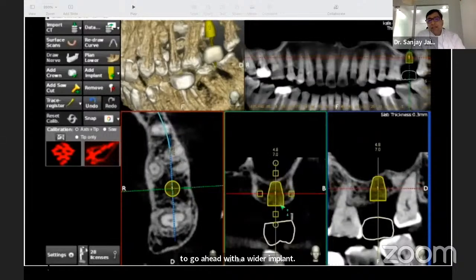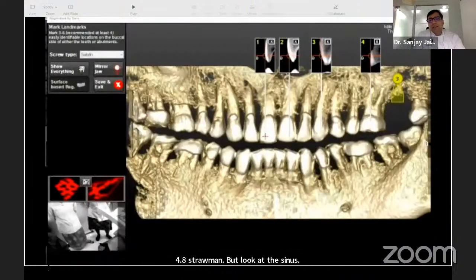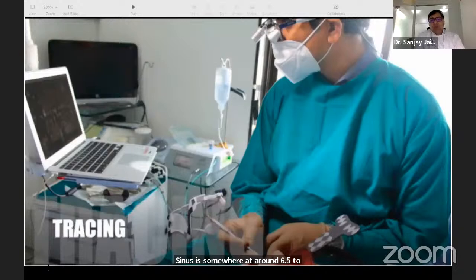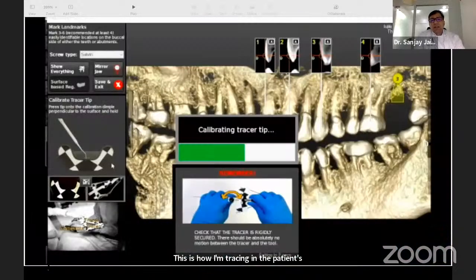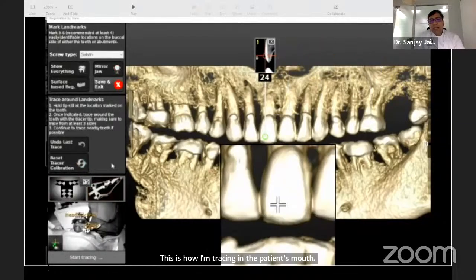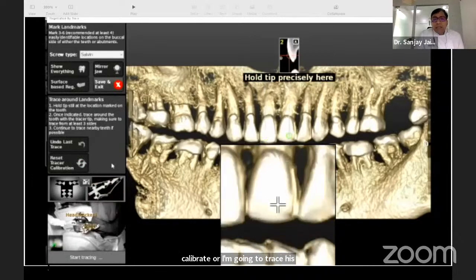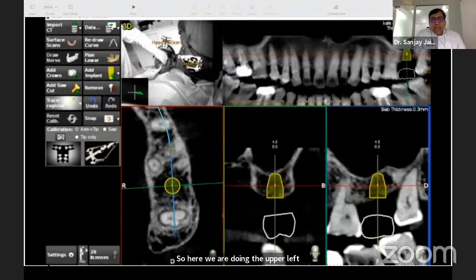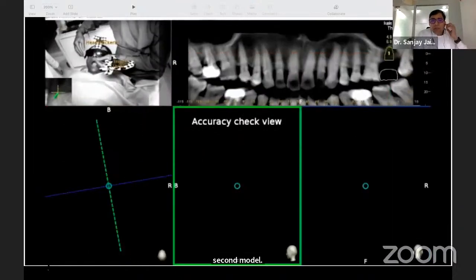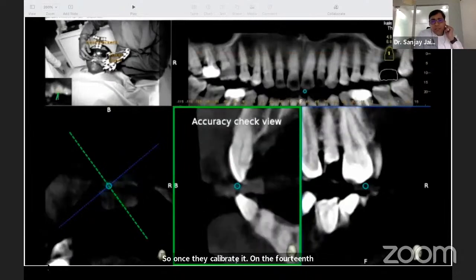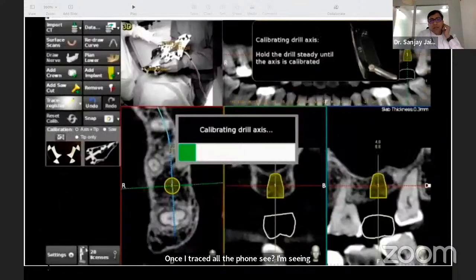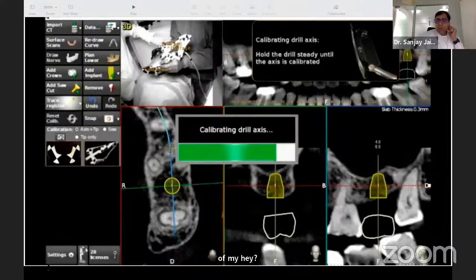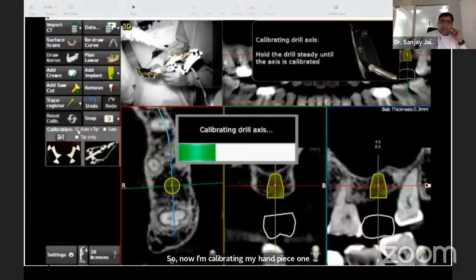But look at the sinus. Sinus is somewhere at around 6.5 to 7 millimeters. This is how I'm tracing in the patient's mouth. So I'm first tracing with the tracer tip, and I'm going to calibrate, or trace his anatomical areas, and get the score of 100 on 4 teeth. So here we are doing the upper left 7, that's the second molar. So once I calibrated all the 4 teeth, once I traced all the 4, see, I'm seeing the accuracy of my tip. So now I'm calibrating my handpiece. Once the handpiece is calibrated,